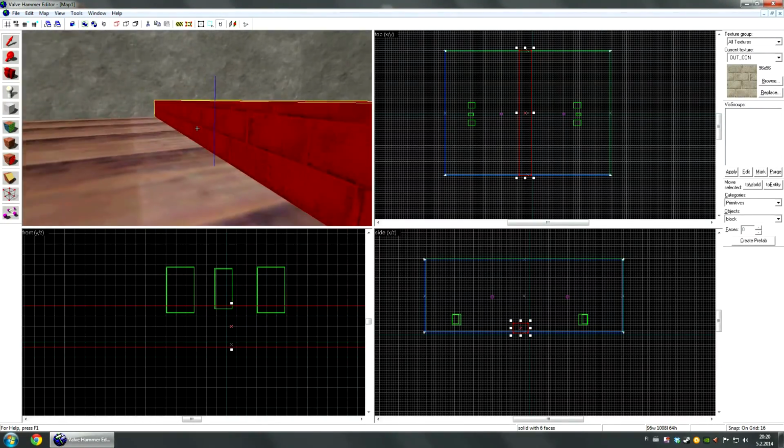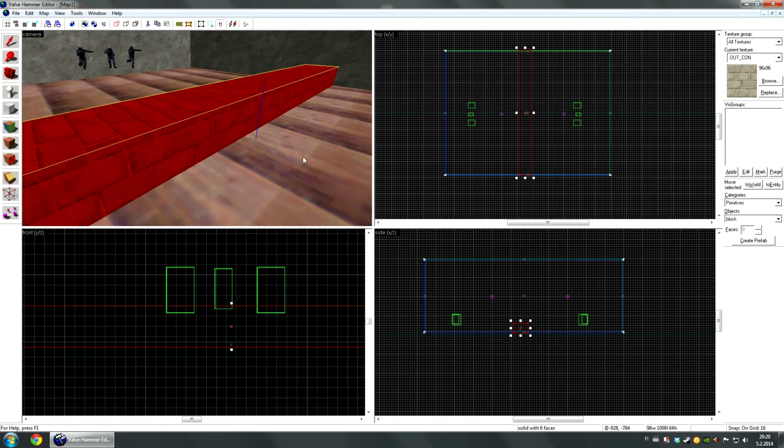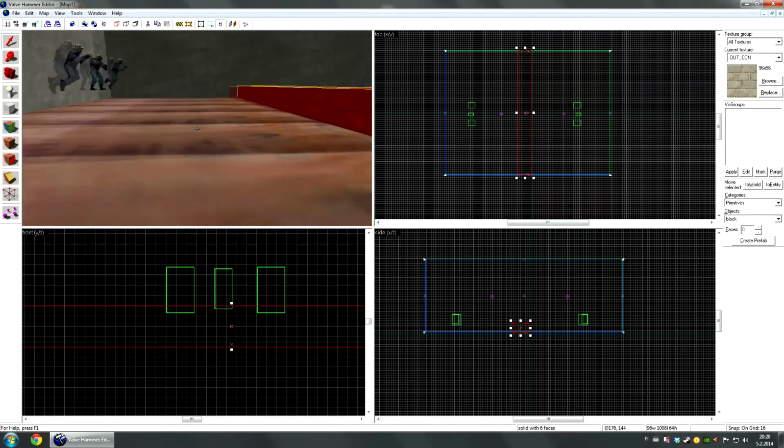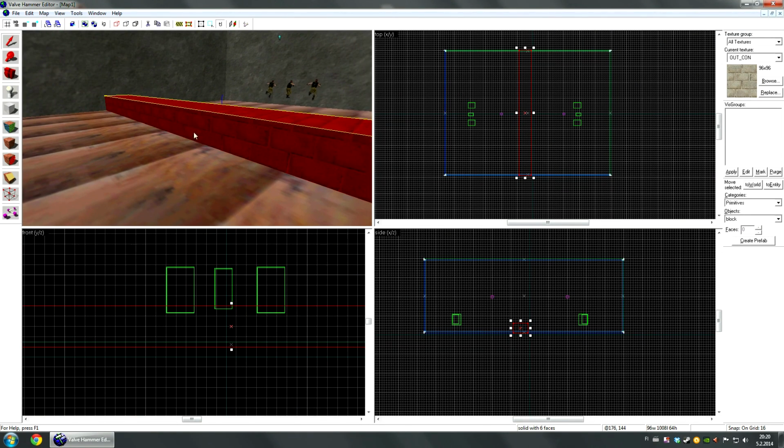One thing I do need to mention about making these blocks is that, oh god, I completely forgot to tell you about this measure tool here. You can see the numbers here. These actually mean width, length and height. So if I change the size of this, you can see these numbers change too. All you need to know right now is that 64 units is high enough for stopping the player. They cannot go over a 64 unit high